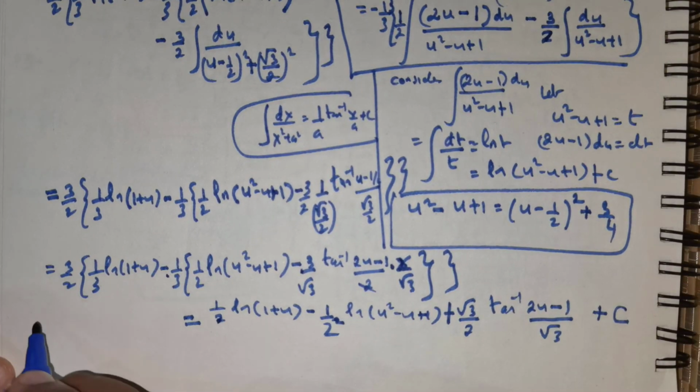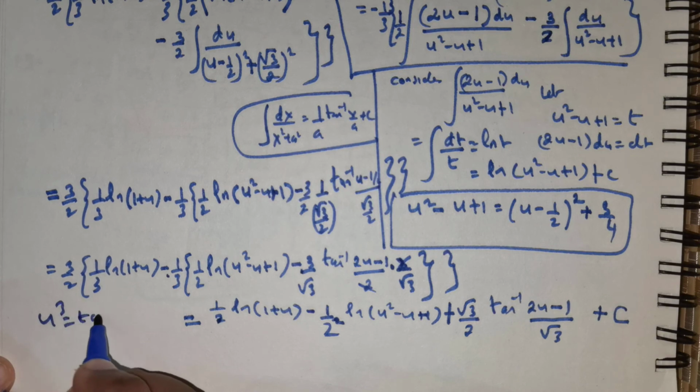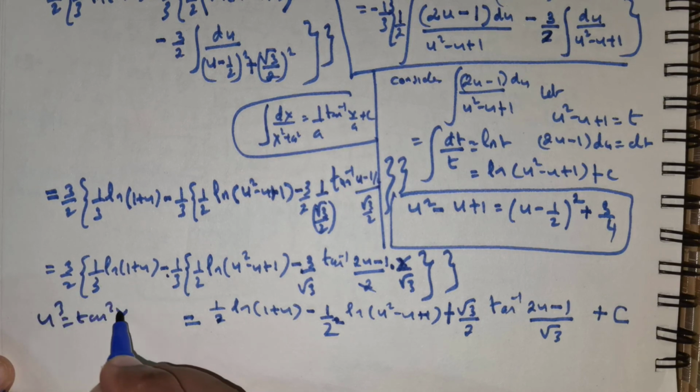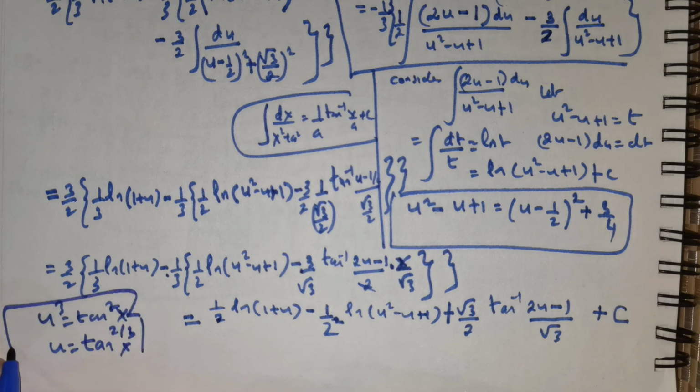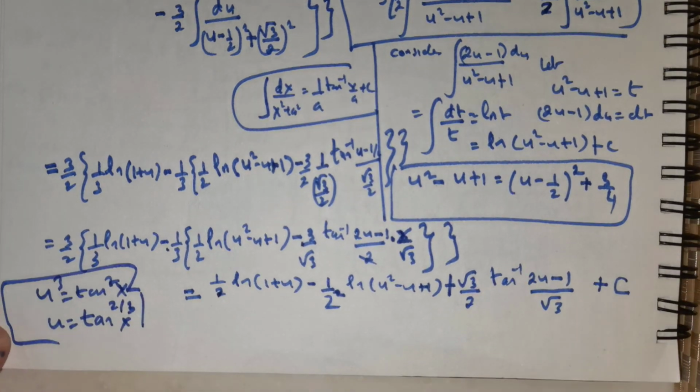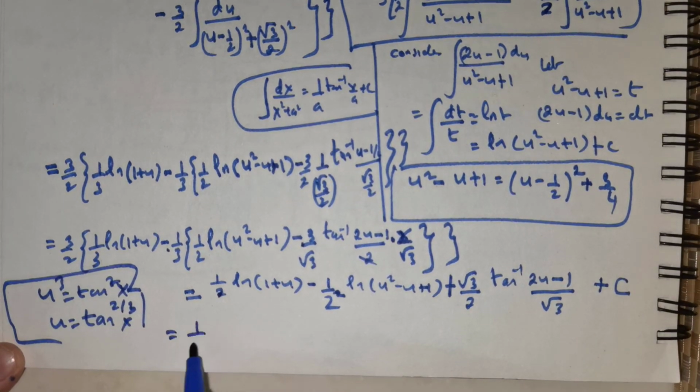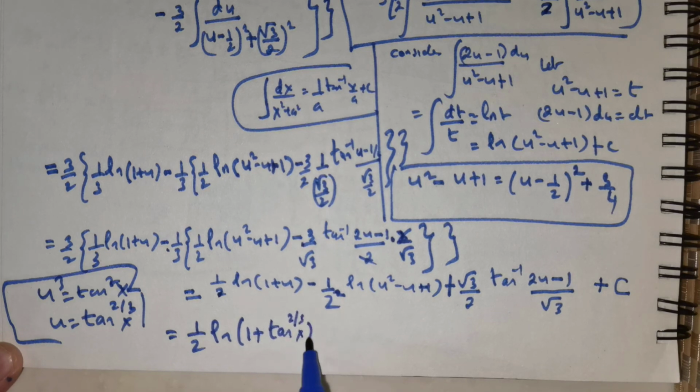So we got this u cubed is equal to tan squared x. So therefore u is going to be tan raised to the power of 2 over 3 times x. So we will have to revert this substitution. So if we were to do that, that's equal to 1 over 2 times ln of 1 positive tan raised to the power of 2 over 3 times x, negative 1 over 2 squared